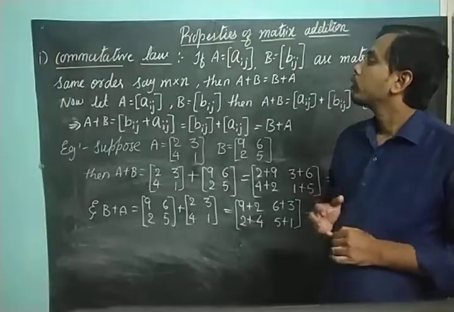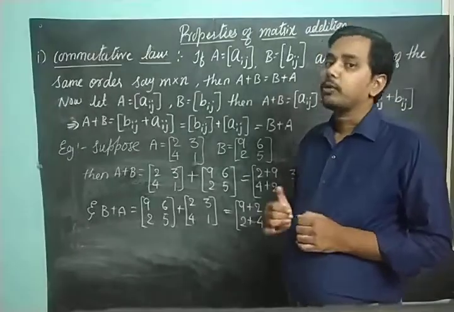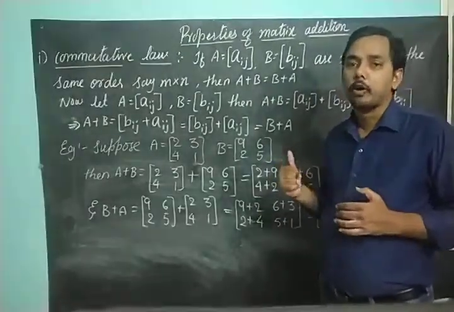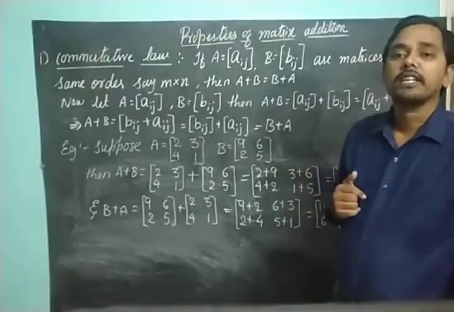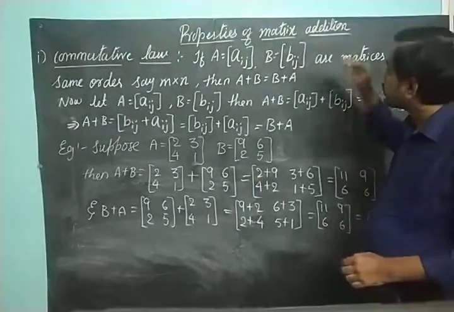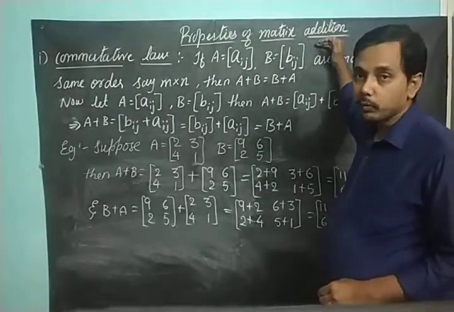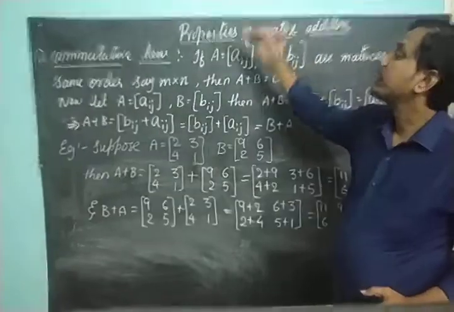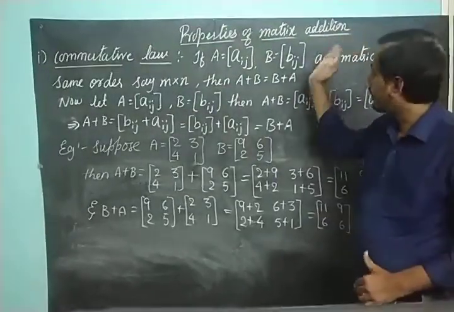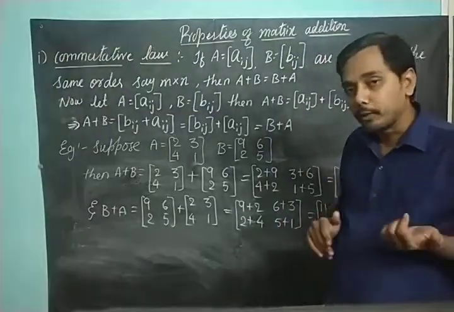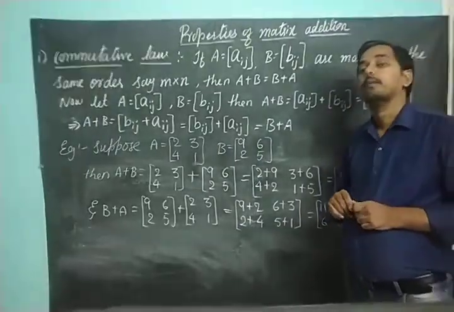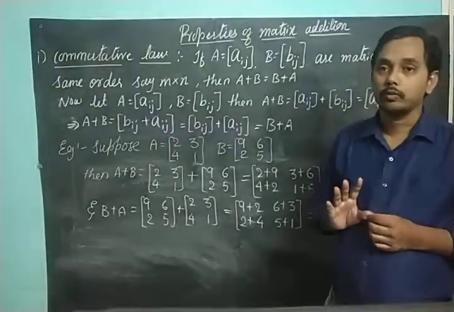Right? So one by one we need to check the properties, that is for addition, for subtraction, each and every operation, whatever we have learnt, for each and every operation we need to check the properties, right? So first operation was matrix addition, so we need to study properties of matrix addition. Whatever are the properties of matrix addition, same will be the property for difference of matrices also.